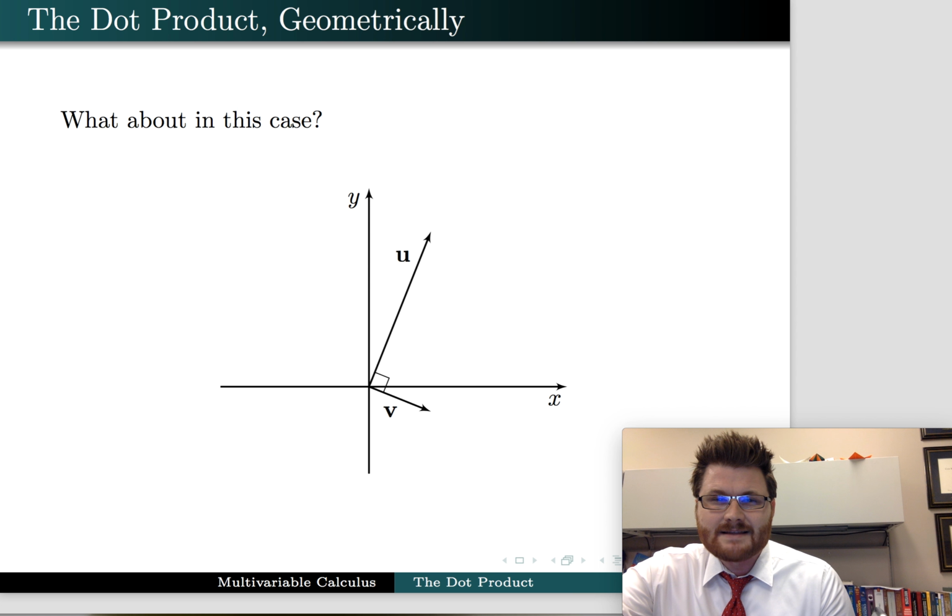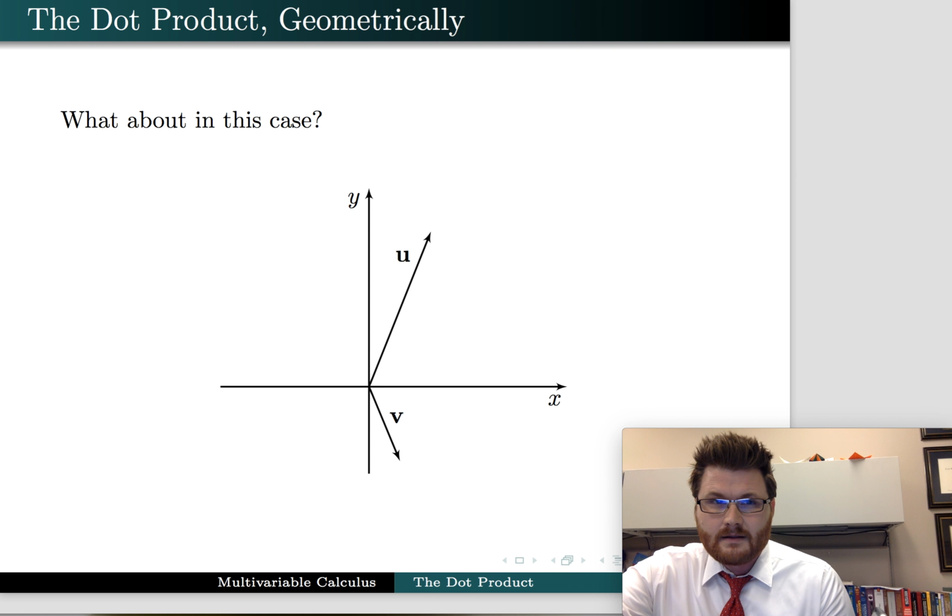So then what happens in this case, where I've got two vectors that are perpendicular? What happens if I took the dot product of this vector v with this vector u? Well, since there isn't any part of v that's in the same direction as u, the magnitude of that would be 0, and so this dot product would be 0. How about in this case? Well, the part of v that's in the same direction as u, along that line that u lies on, is in the other direction,